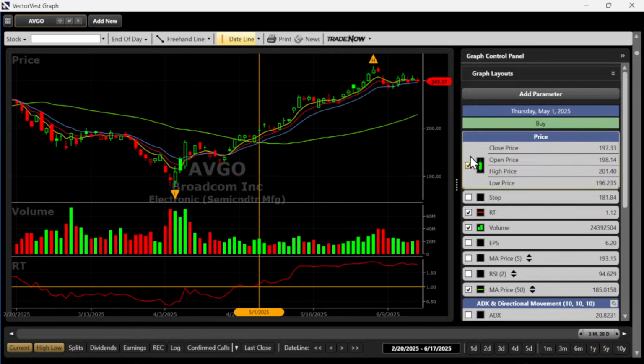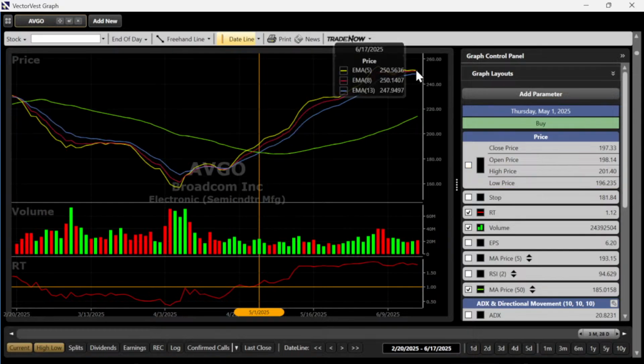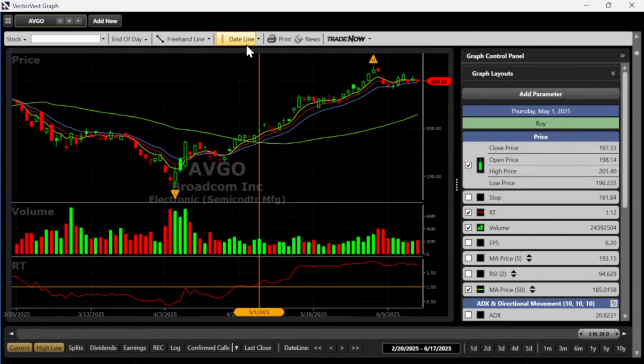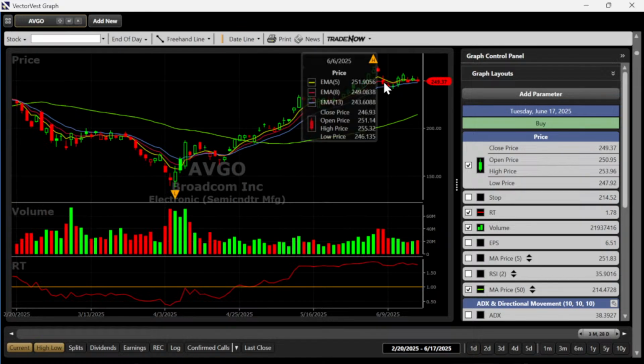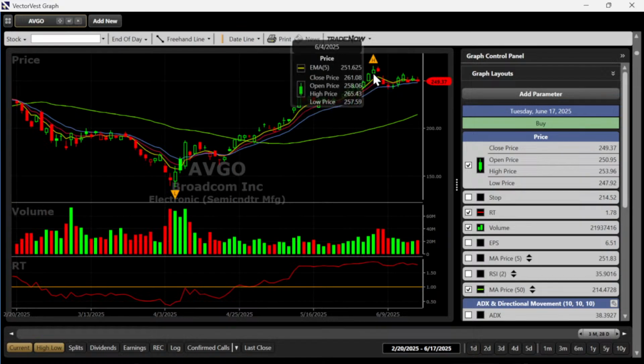Okay, and you'd still be in it if you were following the prudent set of rules where you're not going to close the position until the 5-day EMA goes below the 8 and the 13. I don't know if I would have blamed you if you would have taken profits here. Kind of an inverted hammer there.